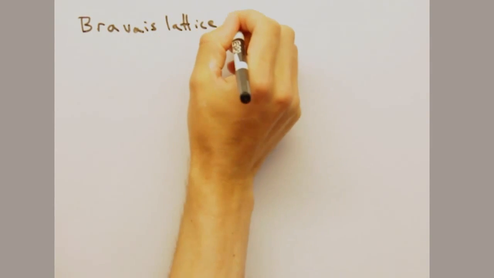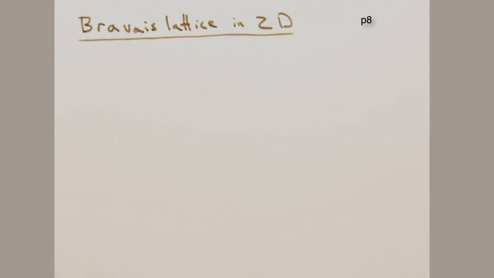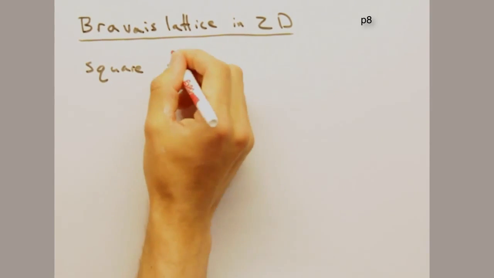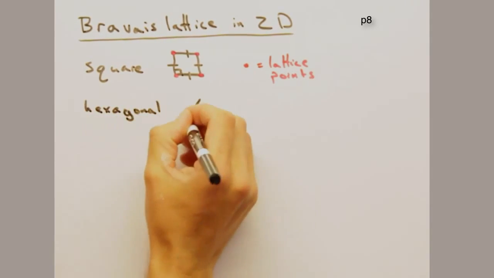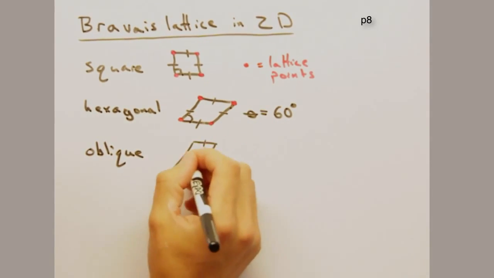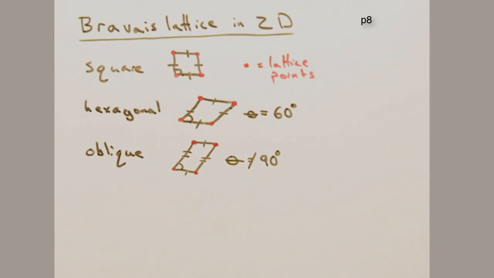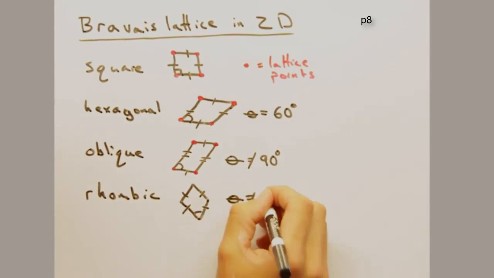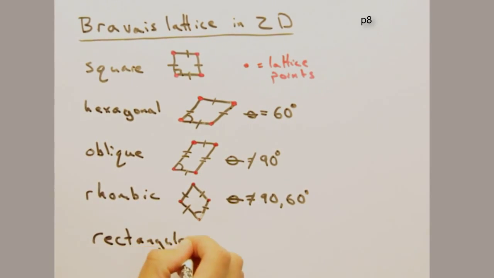In 2D, we have a set of special lattice types called the Bravais lattices that represent the unique lattices. These are the square, hexagonal, oblique, rhombic, and rectangular cells. While the primitive cell is fairly simple, sometimes we need something to better describe the full